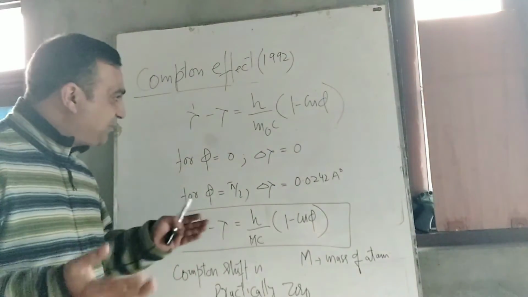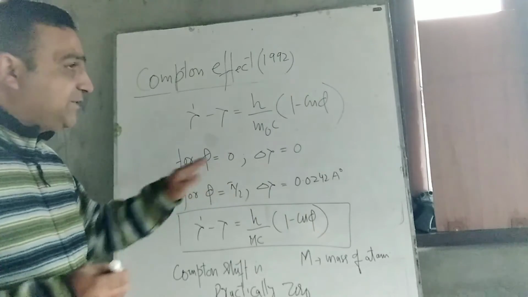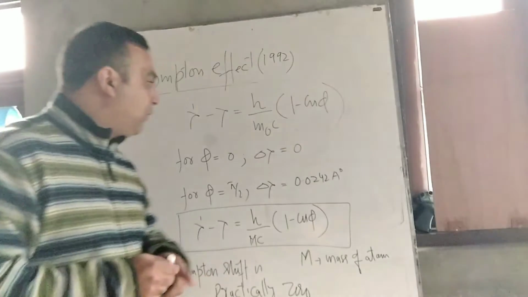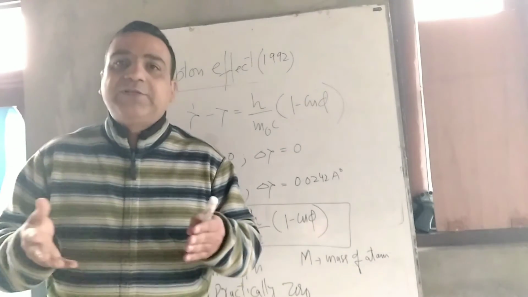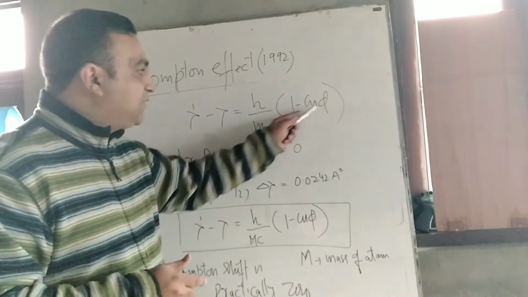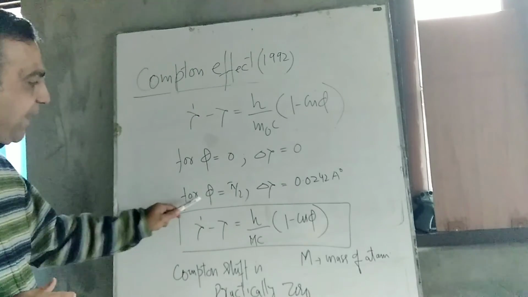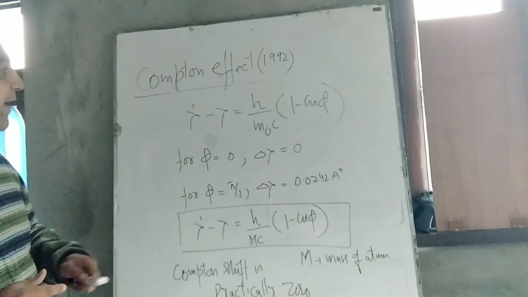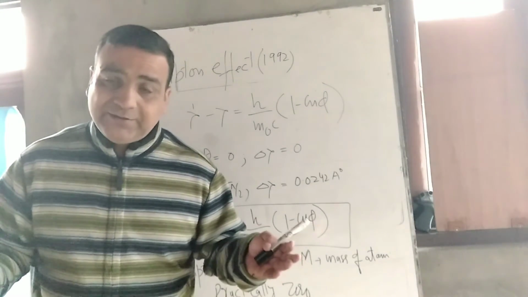If we take a special case of this equation for the sake of argument, say phi is 0, that means the angle of scattering is 0. In that case, delta lambda is 0. So delta lambda 0 means there is no scattering at all. The scattering will not take place if we treat phi equal to 0. Now, if we treat phi equal to pi by 2, we can put in the value of phi and measure the shift in the wavelength of the radiation that has been detected by the detector